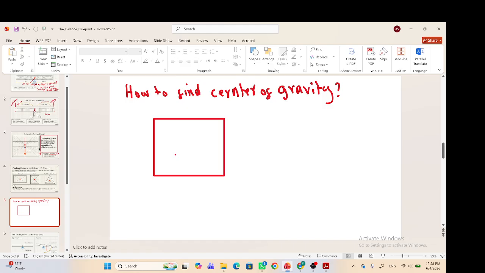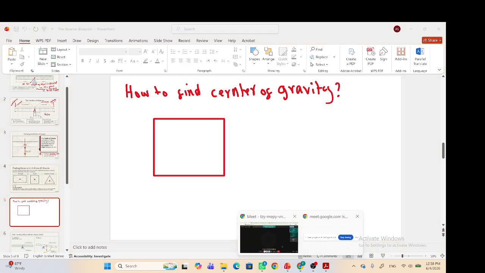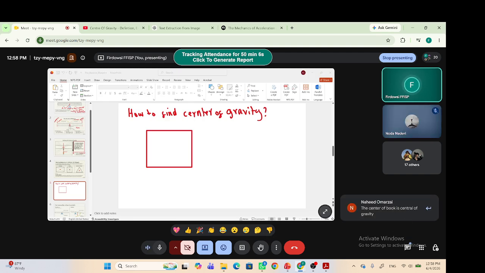Yes, physically, if you want to find the center of gravity of this, as you said, we should check point by point, and after a long time, finally we will find the center of gravity. There will be no moment or no movement of the book. Yeah, that's correct. And without any experimenting, for example, without trying different positions, can you show us how to find exactly the center of gravity without hard work, trying many points and wasting a lot of time?